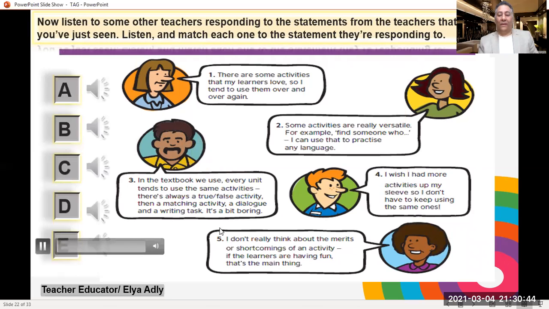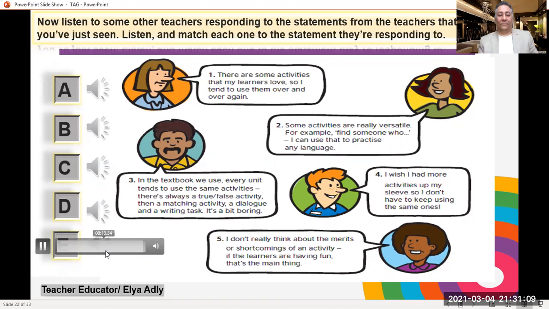E. As a teacher, you probably tend to collect as many activities as you can. Teachers are always on the lookout for new ideas. There's nothing wrong with this, but introducing new and fun activities all the time does not guarantee effective teaching and learning. You also need to consider the suitability and effectiveness of activities in achieving learning aims and not just their